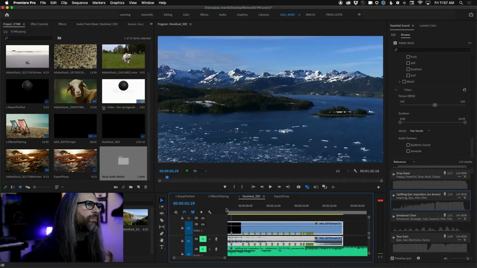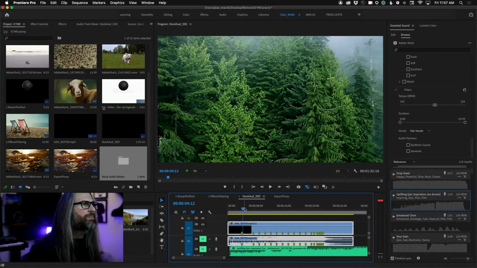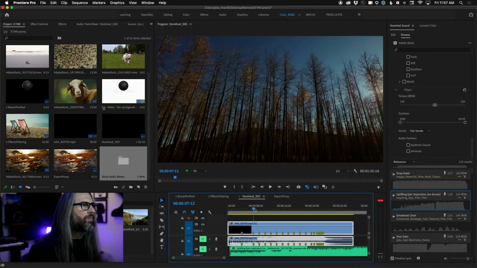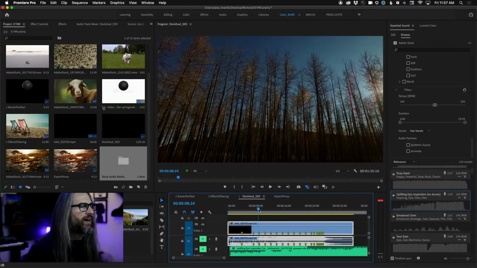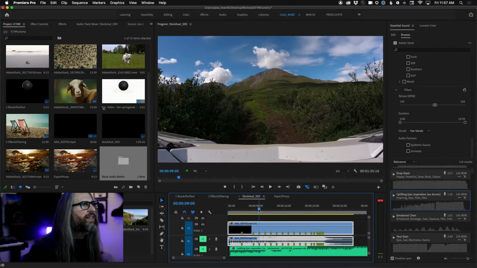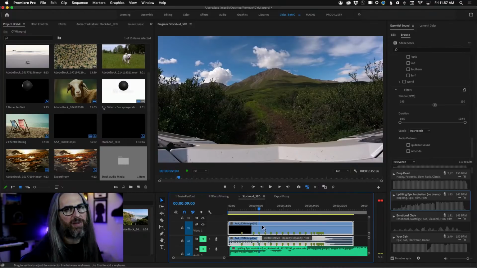But to do that properly, I'd have to come in here and find my cut points, and place a cut there so that I separate those clips. All right, don't mind the markers. I did that when I was adding the audio. But if I didn't have those, it would take me a long time to go through all this, place cuts, and then treat them individually. So scene edit detection does that work for you.